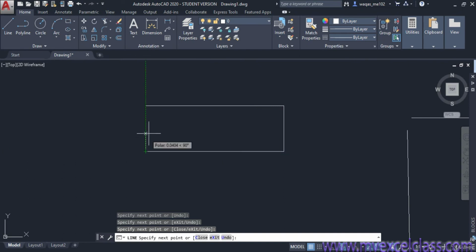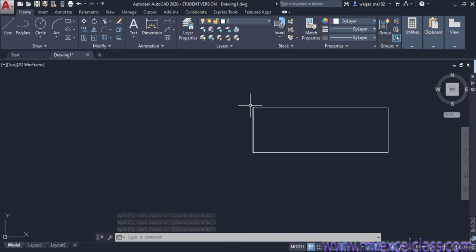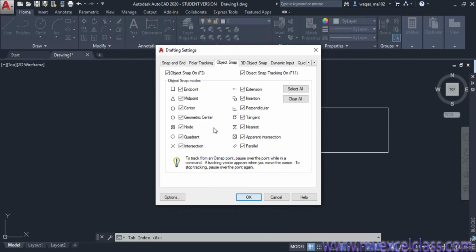See, so you have drawn a perfect rectangle using the line command with the help of object snap and object snap tracking. So this contains different properties and options, so depending upon your requirement you can select one and ignore the other.